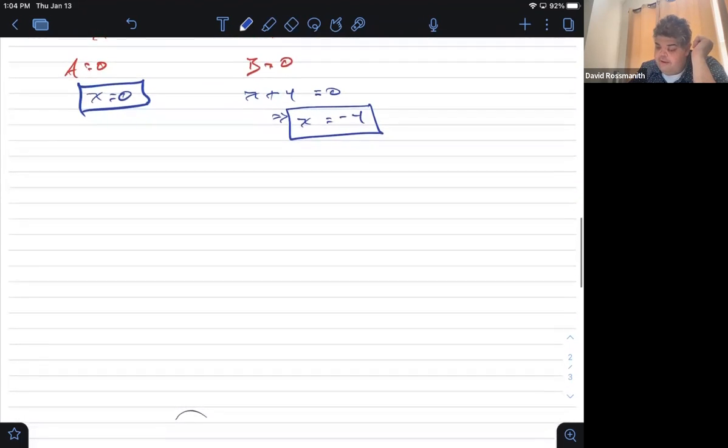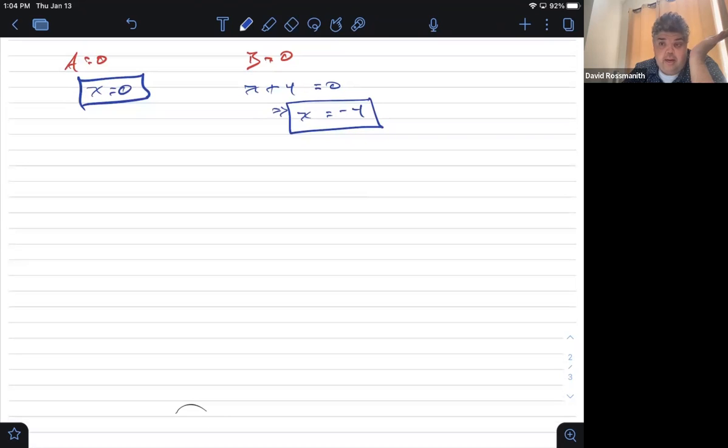Now, the last part of algebra that we're going to have to worry about is what happens when we're given a system or a problem, and that problem contains two unknowns, not just one. So far, we've been working with problems where there's only one thing we're looking for, the time or the distance or whatever. But it could be that we have, let's say,